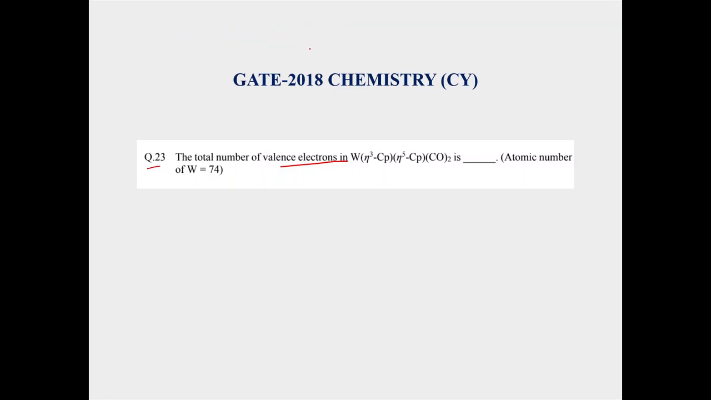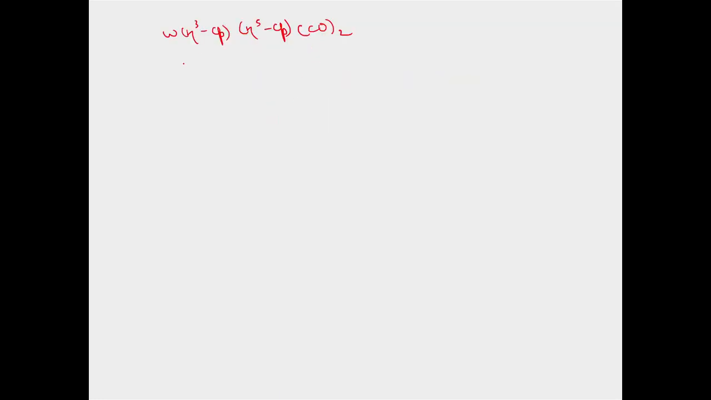They have just asked what is the total number of valence electrons. So tungsten is having how many valence electrons? 6. Yes, so it's a d5s1 system. We count it from the neutral method. We will consider 6 electrons from this, and Cp means